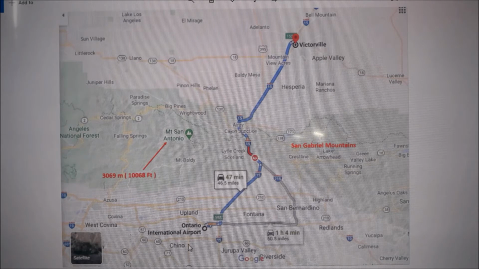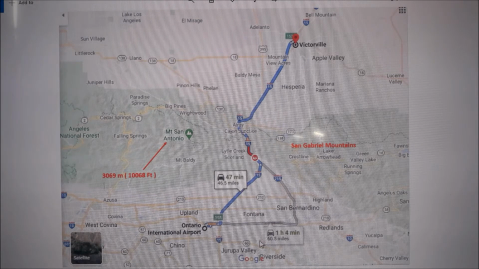This is the Ontario International Airport. It has two runways, east-west here, and this is our familiar I-10, which then goes through I-15 to Apple Valley, Achu and Radha's place, and a little ahead to Victorville. And the same I-15 continues as an interstate to Las Vegas, and this one goes to Edwards Air Force Base.